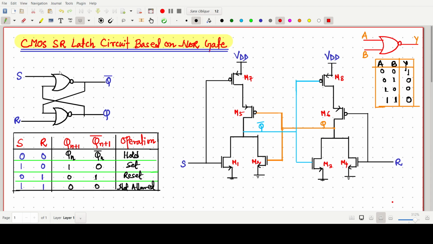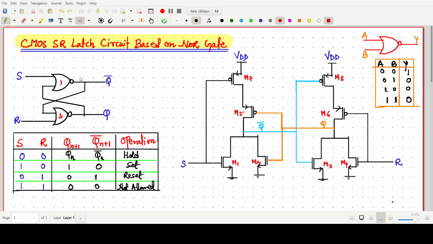in which, one and two, two NOR gates. In one NOR gate we are giving S as an input, and the other input we are just giving feedback from the output of the second NOR gate like this. And in the second NOR gate we are giving R as an input, and we are taking input from the output of the first one. Okay, so this one is our Q bar we are giving, and Q,